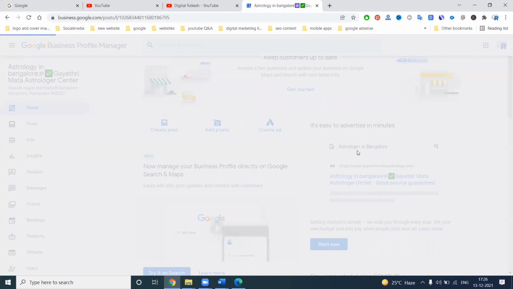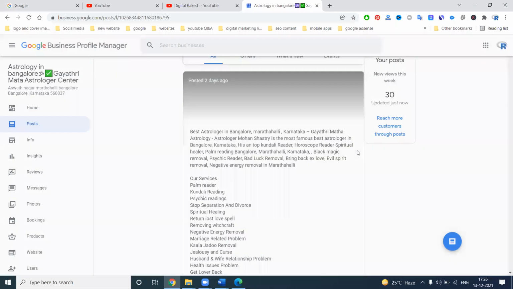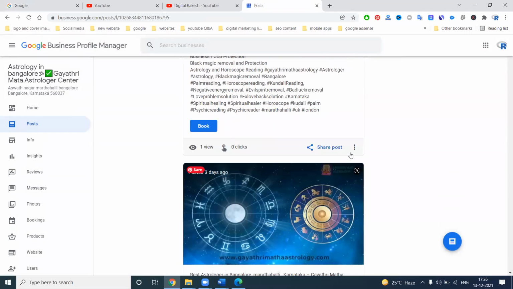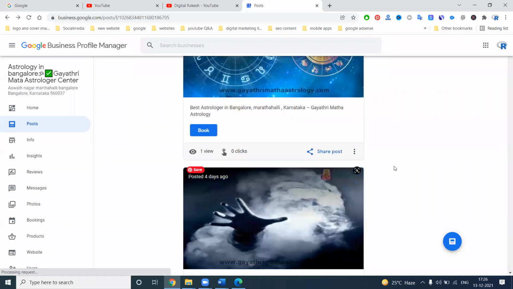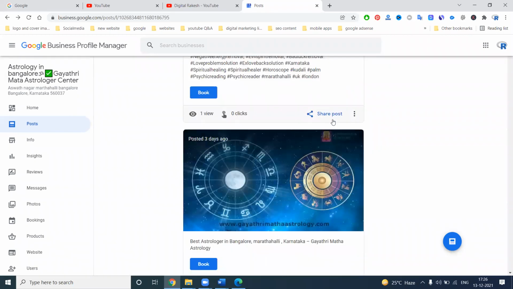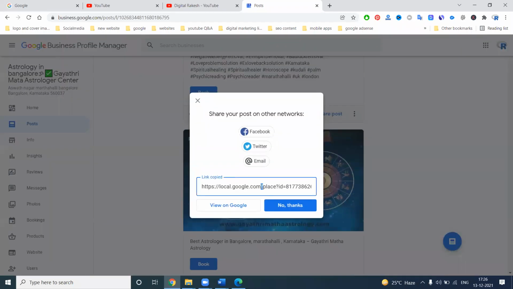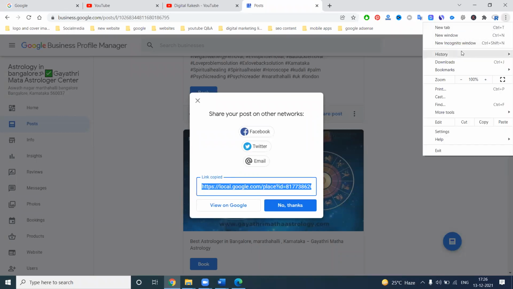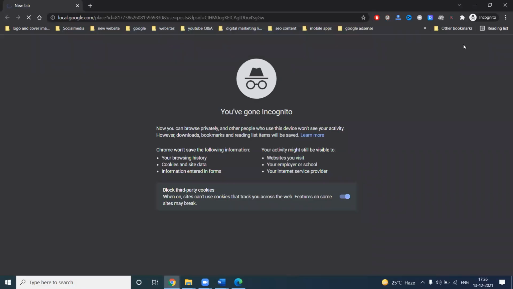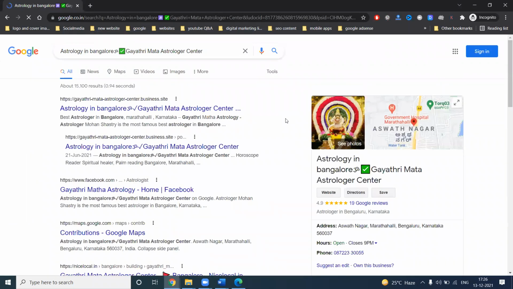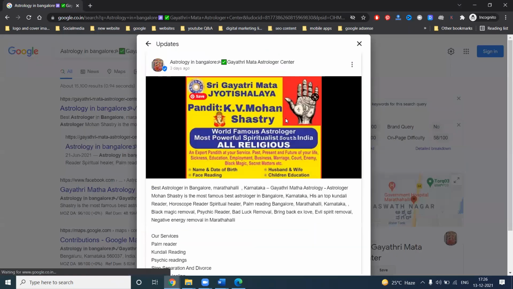In the post option, the posts you have done can easily be shared here, view post in search. So these are all the options. Here is the share post. You can copy the URL. If you open an incognito window, people can easily open your particular post option along with the latest post.